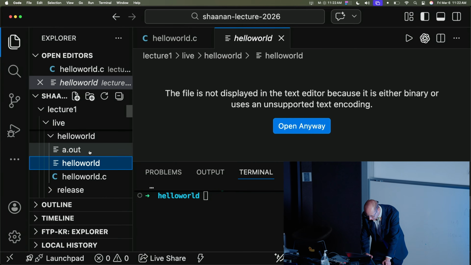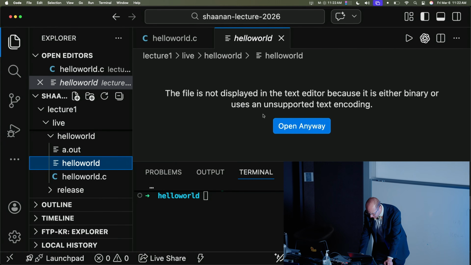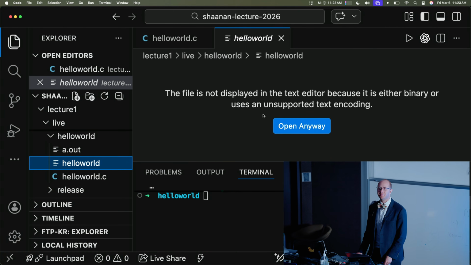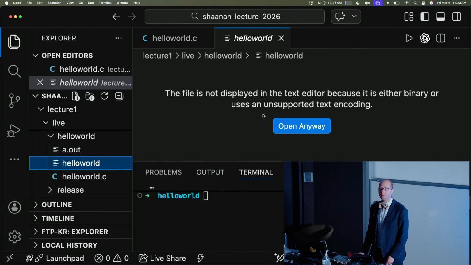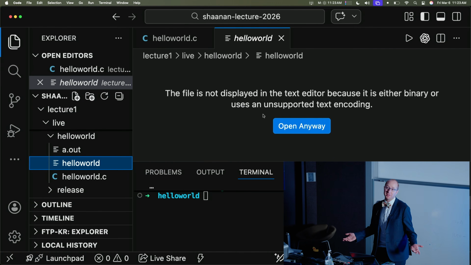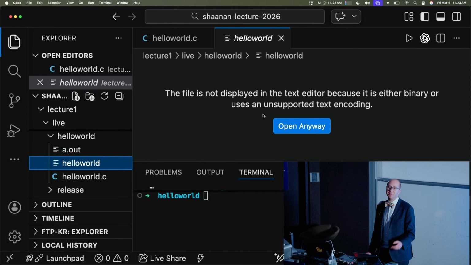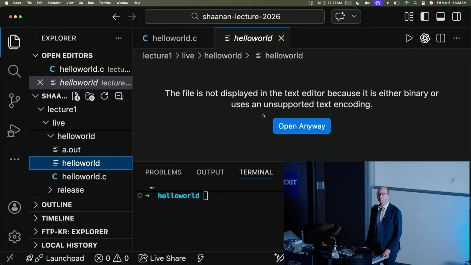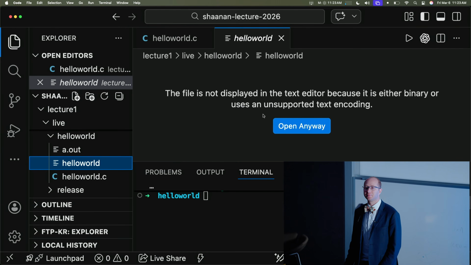And if I click on it, it says this file is either binary or uses an unsupported text encoding. Why is it giving me this message? What's inside that file? Zeros and ones. In a way, but all files are zeros and ones. But what do the zeros and ones represent in this file? The compiled version? Yeah, that's the compiled version.